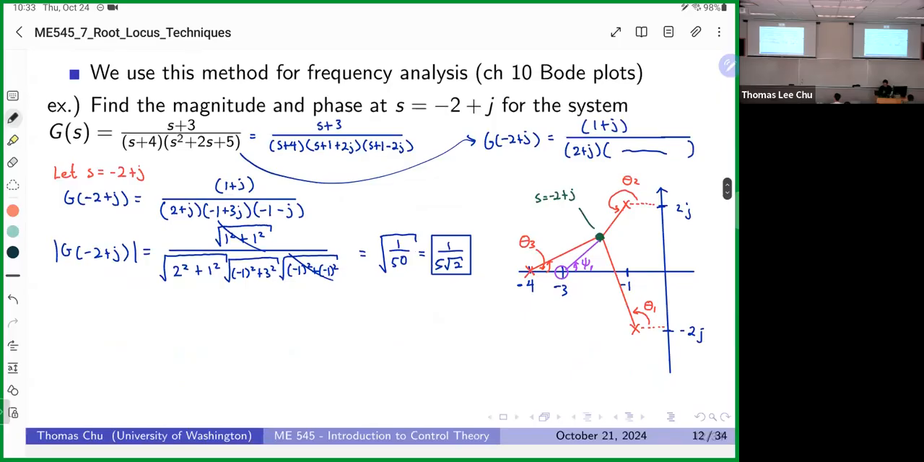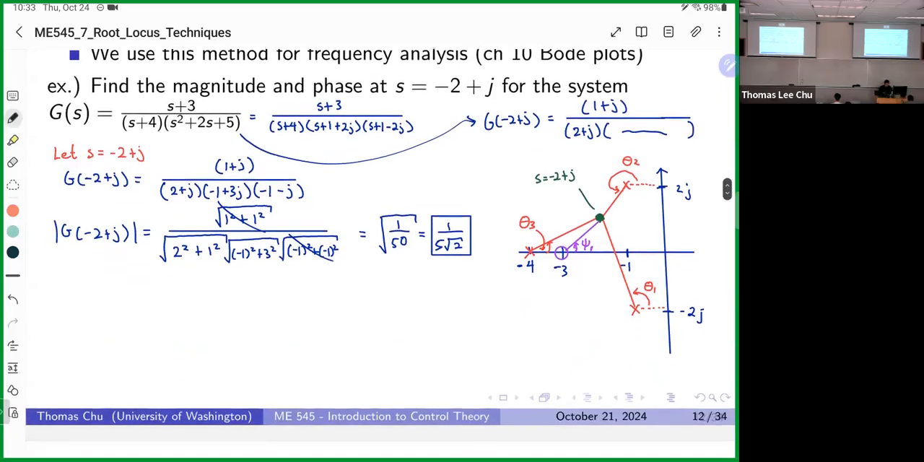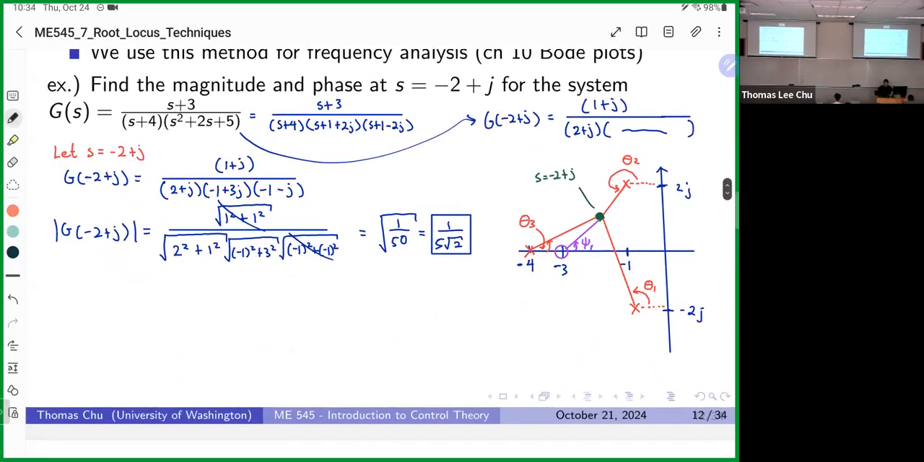So we found the magnitude, and now we're looking for the phase. And this is where I advise you to be really cautious about signs. There's a way that I do it of finding the angles, and you won't make mistakes if you do it this way. It requires you to just write out every step. But basically, for finding the angle of G at -2 plus j,